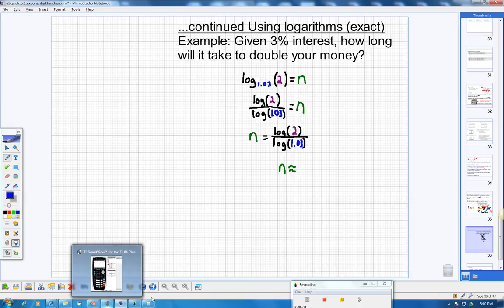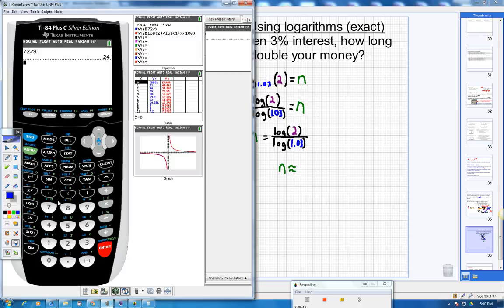So in your calculator, and by the way, I would like to show you how to enter logs into your calculator. So I'm going to enter in the log of 2 divided by the log of 1.03. Let me go ahead and do that for you. There's the log, and that's really saying log base 10. Log base 10 of 2 divided by the log base 10 of 1.03. Okay? We're going to get